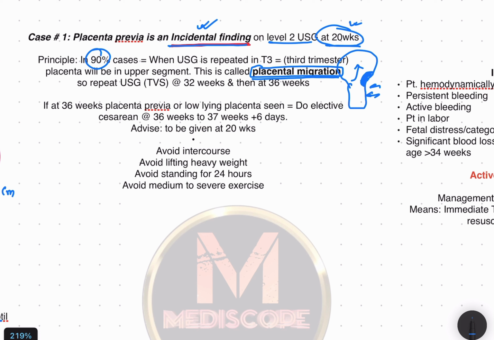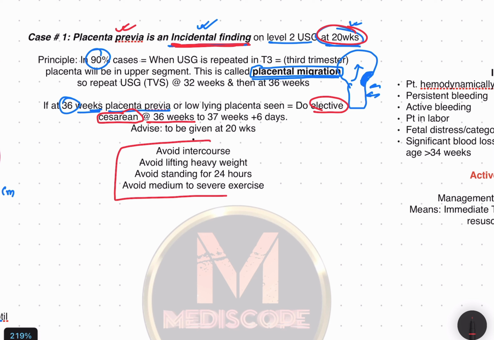third trimester scans. But even if at 36 weeks of USG you find that the placenta is still present in the lower uterine segment, or placenta previa is present, then we have to do an elective cesarean section. Please remember, we have to do an elective cesarean section at 36 to 37 weeks. Please remember this. So whenever you find placenta previa at 20 weeks, or incidentally detected,